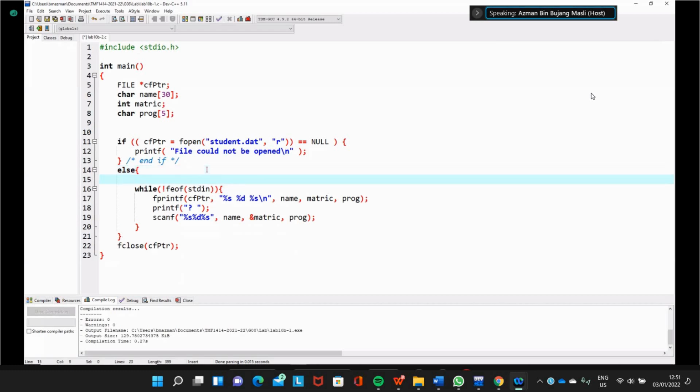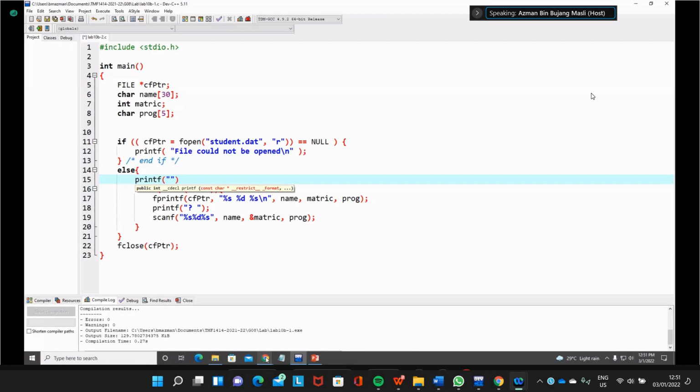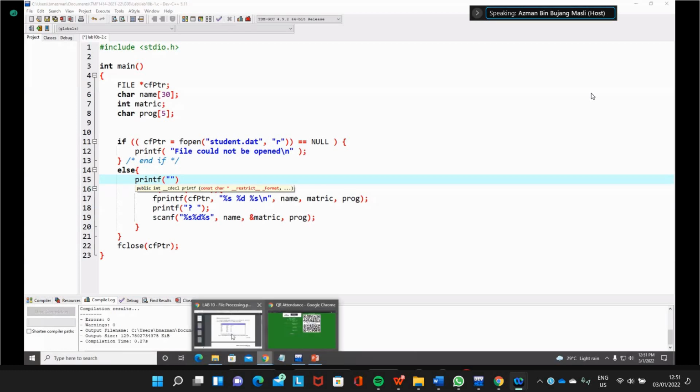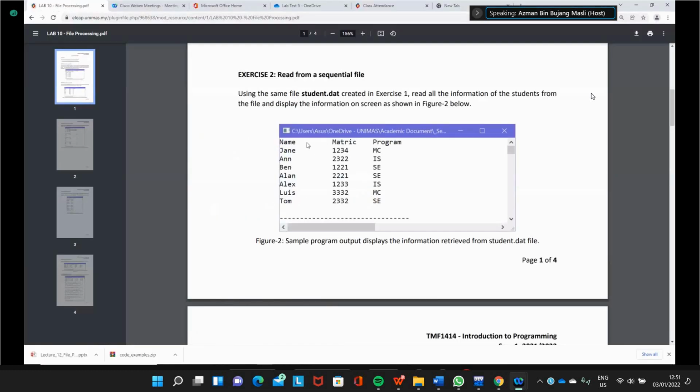We print at first. We print the title. The title is the name, metric, and program. So we put the title on the screen.